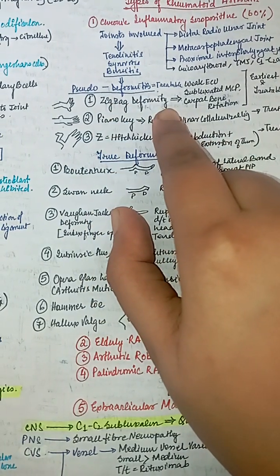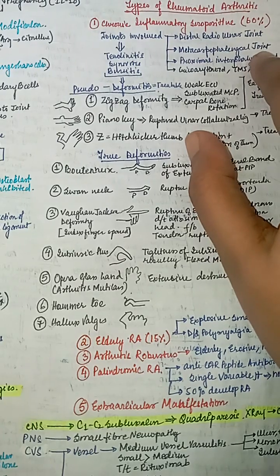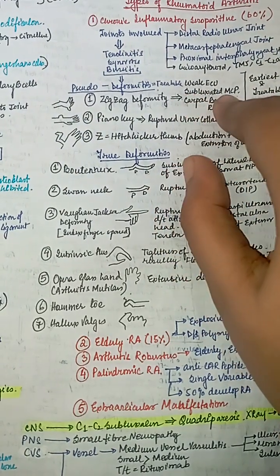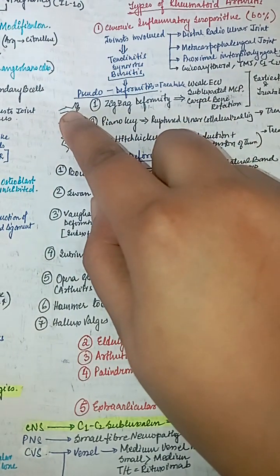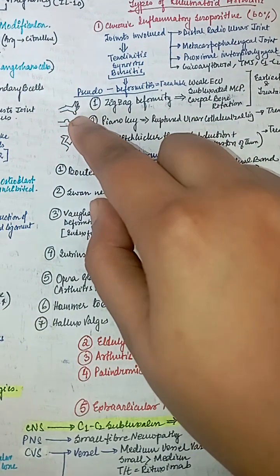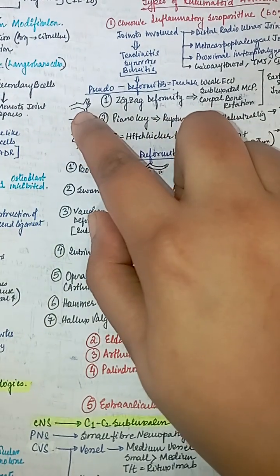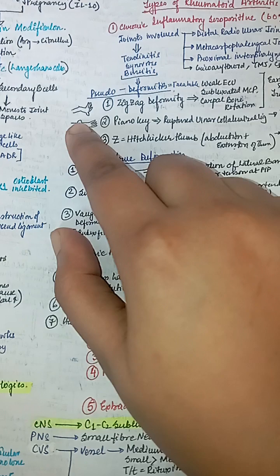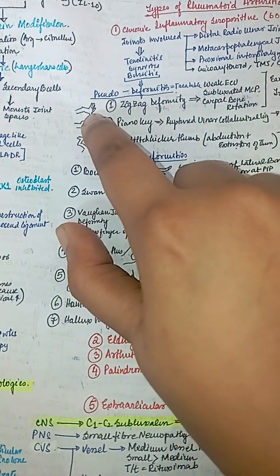That is the zigzag deformity, that is the most common, and the joint involved is the subluxated metacarpophalangeal joint. The metacarpophalangeal joint is subluxated and the carpal bone is rotated. Carpal bone is rotated here and the metacarpophalangeal joint is